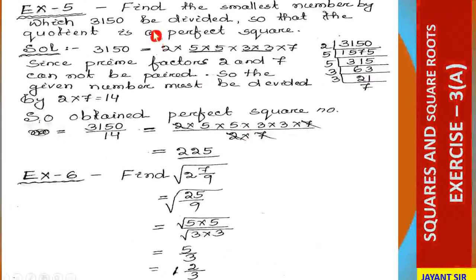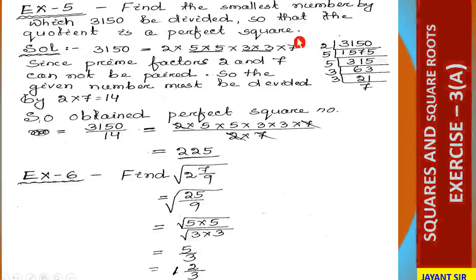Now come to example 5. Find the smallest number by which 3150 must be divided so that the quotient is a perfect square. Here it is given what must be divided to make it a perfect square. By resolving 3150 into prime factors, we get 2 into 5 into 5 into 3 into 3 into 7. Look here, this is one pair, this is one pair, but here 2 and 7